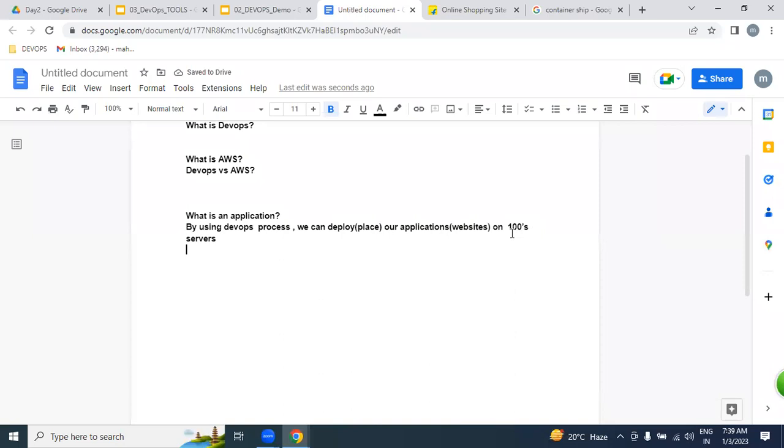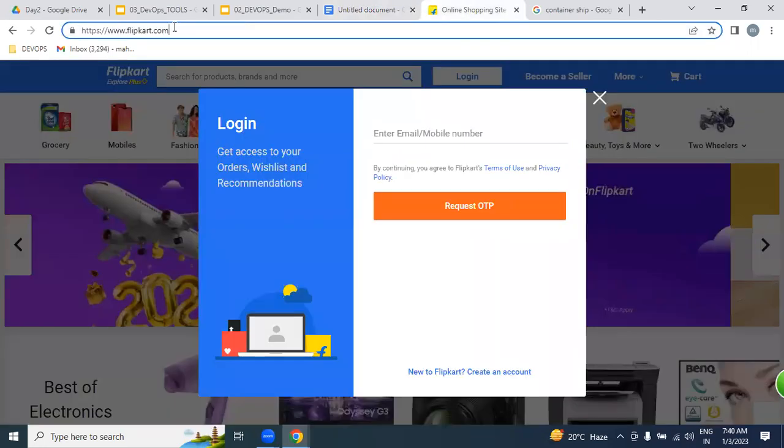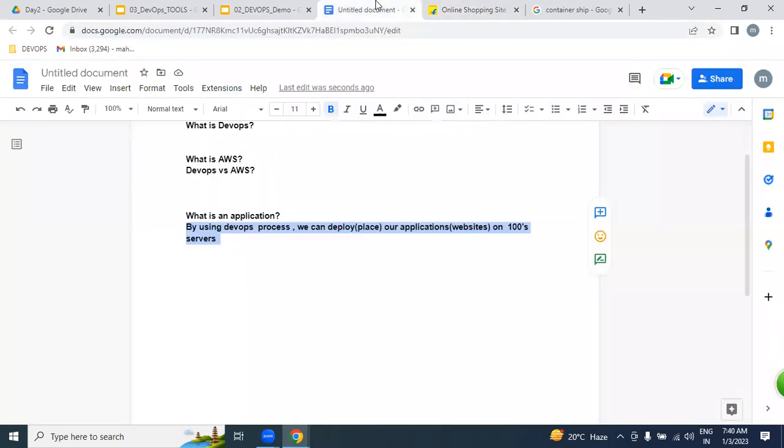I'll repeat. What is an application? By using the DevOps process, we are going to be deploying our applications on hundreds of servers. Then only we are going to be accessing them over the internet as a website.